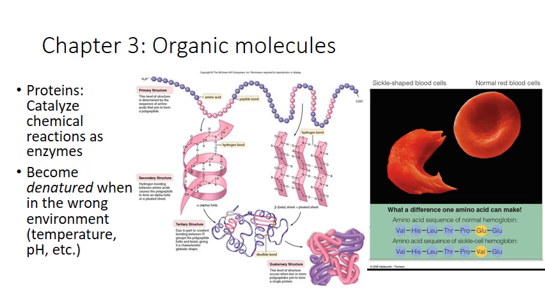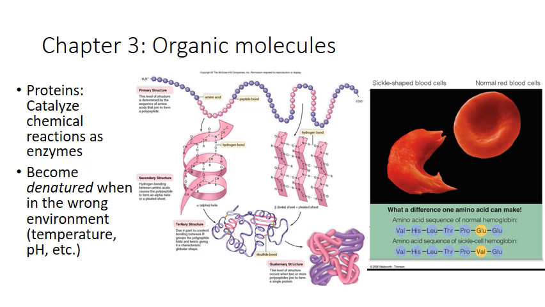So the primary structure of these proteins is the sequence of amino acids that the cell makes the protein in. When a cell wants to make a protein, it wants to make a very specific sequence of amino acids, and so it has to really tightly control that production. And we know from our example of sickle cell anemia that if you have